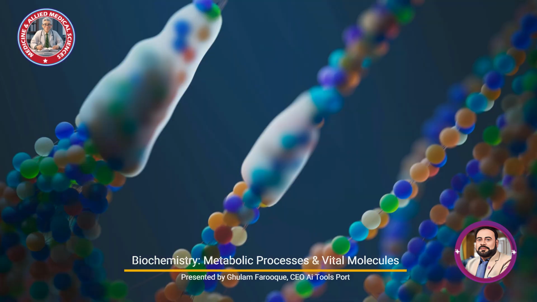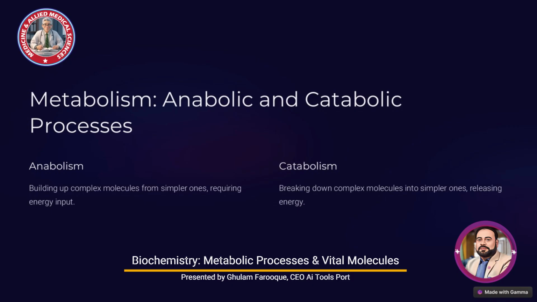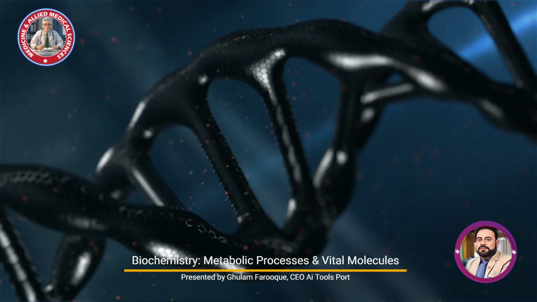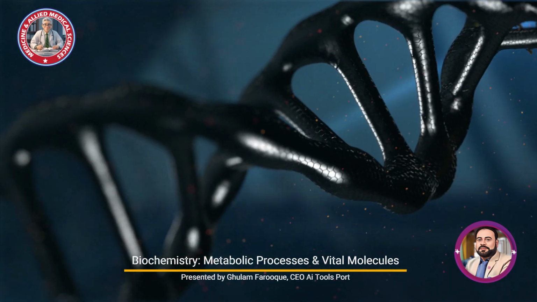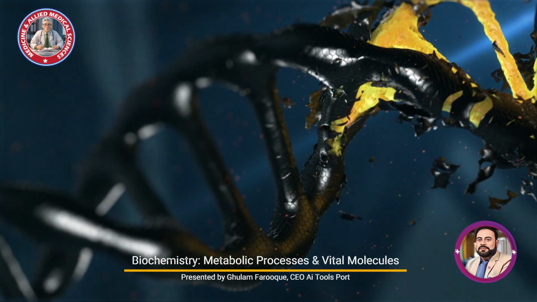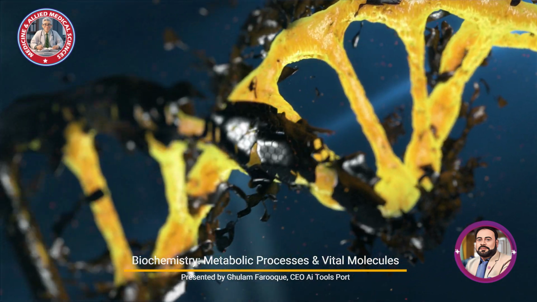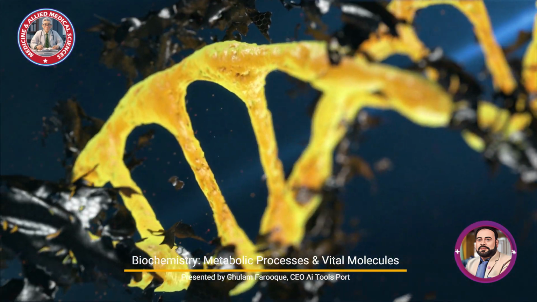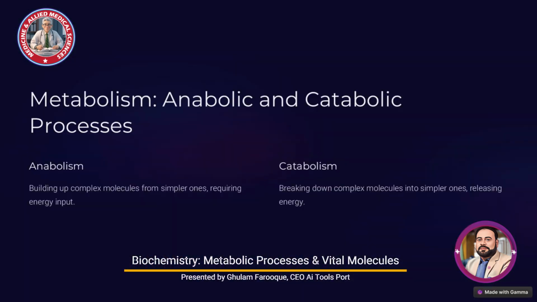Process type. Anabolism is associated with biosynthesis, where new cellular components are formed. Catabolism involves the degradation of molecules to extract energy. Examples. Common examples of anabolism include protein synthesis, DNA replication, and glycogenesis, conversion of glucose into glycogen for storage. Examples of catabolism include glycolysis, breakdown of glucose for energy, lipolysis, breakdown of fats, and cellular respiration, energy production through